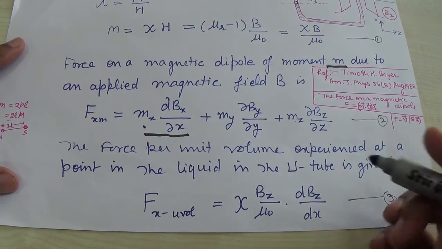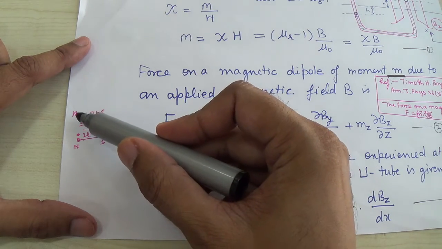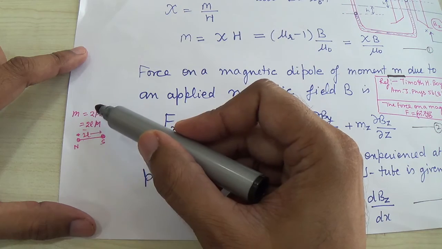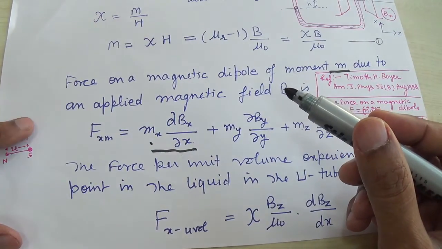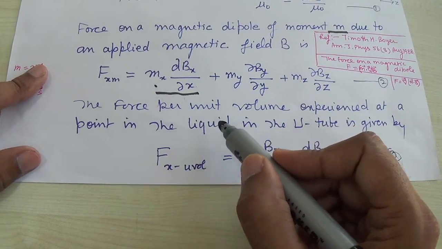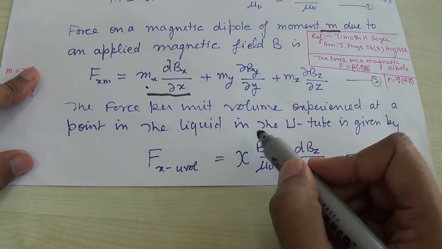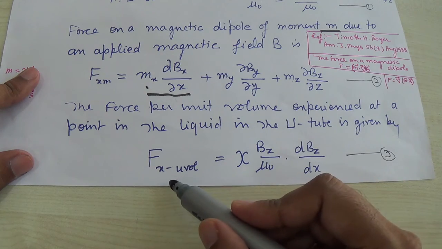So now, one more important thing: that M we generally define in this way, strength of a pole times the distance between the two poles. So P is equal to 2ml. The force per unit volume experienced at a point in the liquid in the U tube is given by, will be equal to,